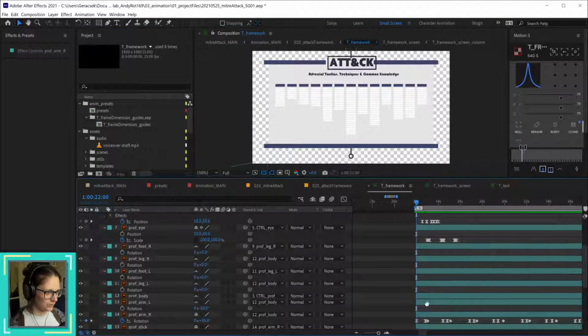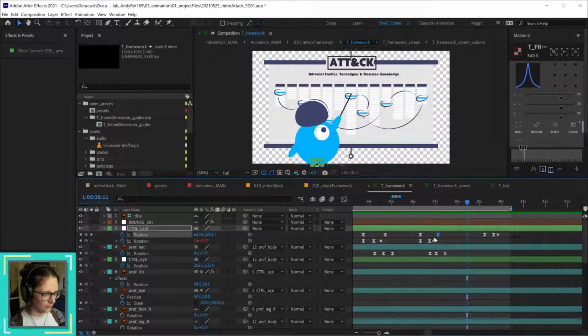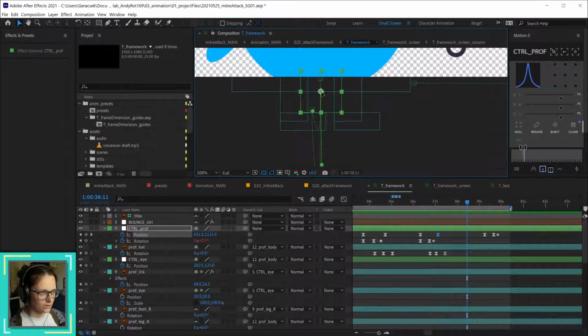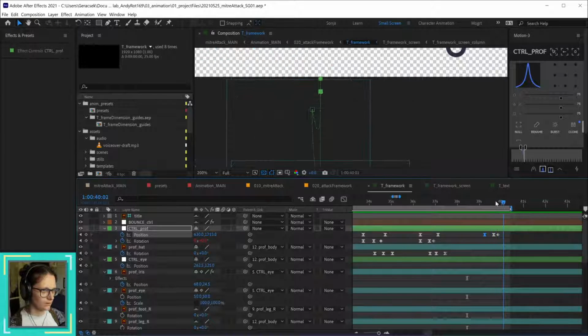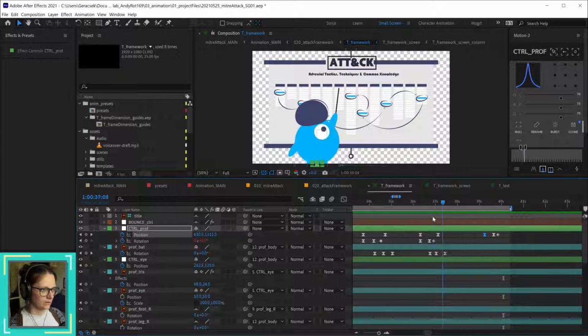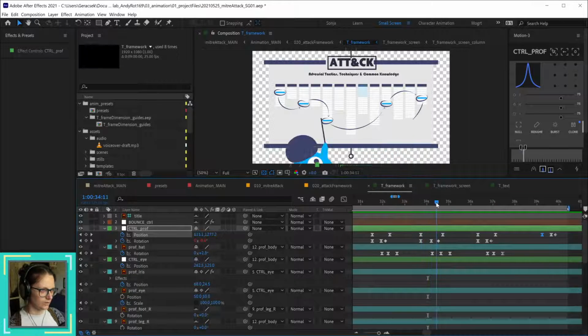Okay, let's fix that weird sliding at the end. I think it's here. Yep, so that will be some of the Beziers playing around again, which I don't want. This one, I don't want it. Okay. Did I fix it? And also at this point where it's dipping below, I think